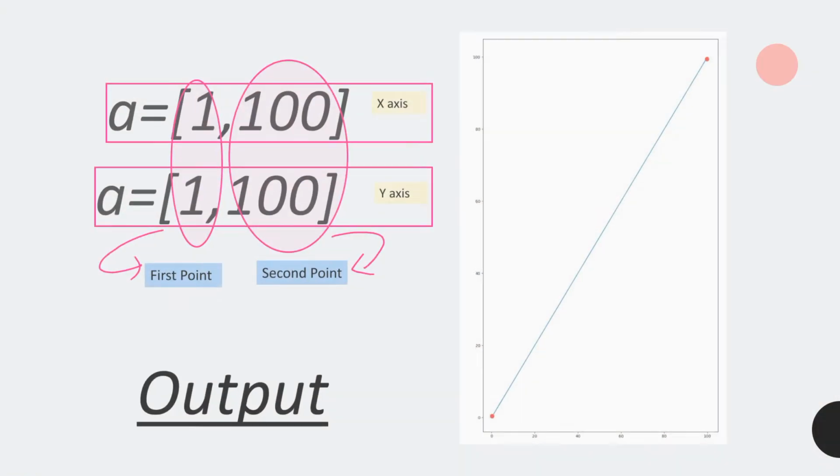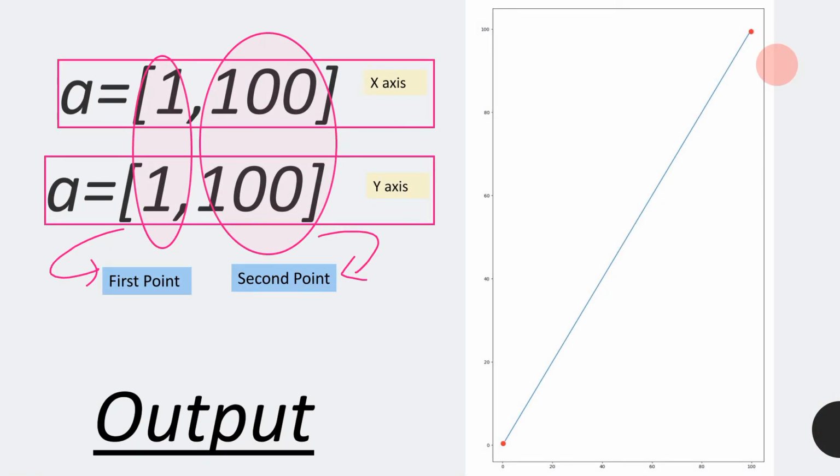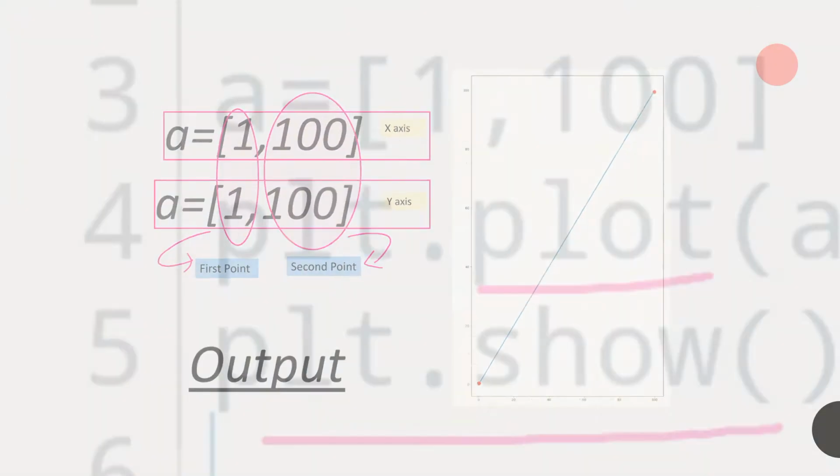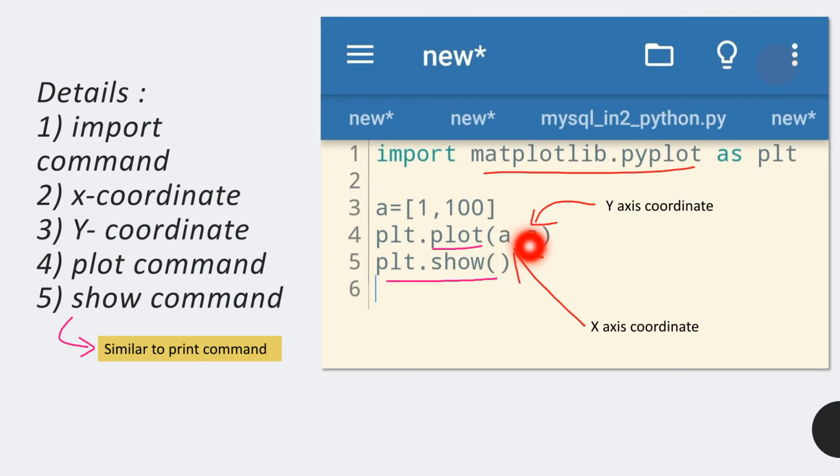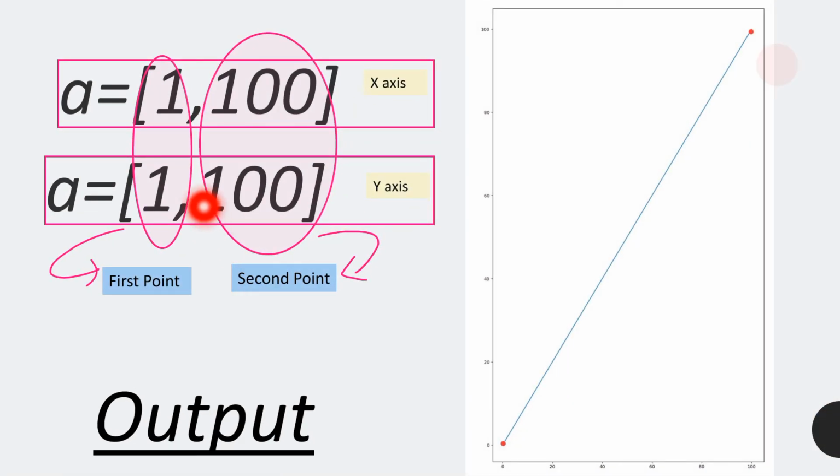Now the output: I have written the same data twice, a and then a, for the x coordinates and y. This doubles the data, and the first portion is taken as the first point, and the second portion is taken as the second point, and connecting them creates a line along the axes. The first data is the x-axis, a, and the second one is the y-axis. That much is enough for us.